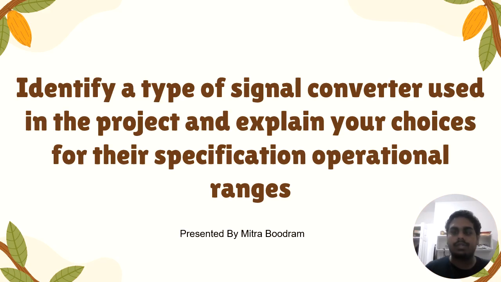ranges. So for this one, our instrumentation needs a few signal converters so everything matches the Siemens control system, which is built around 4 to 20 milliamp signals. We use interposing relays to safely isolate the PLC's digital outputs from the motor starters and the on and off Burkert valves. The 2 weighing scales communicate over RS-232, so we added RS-232 to Profinet converters because the S7-1500